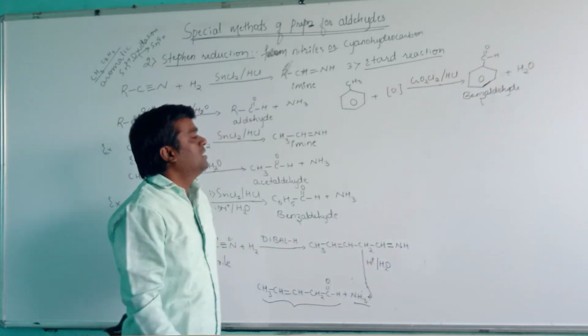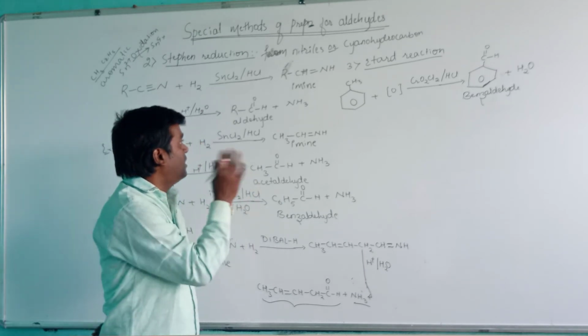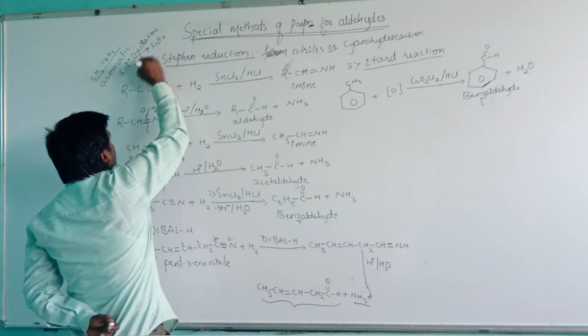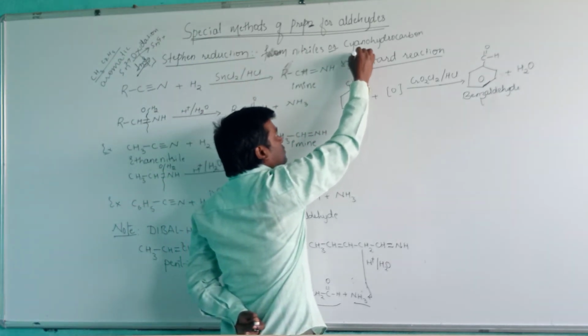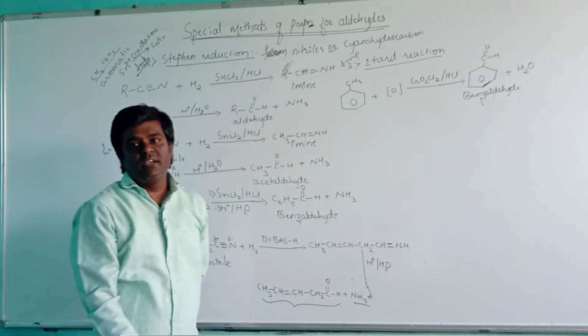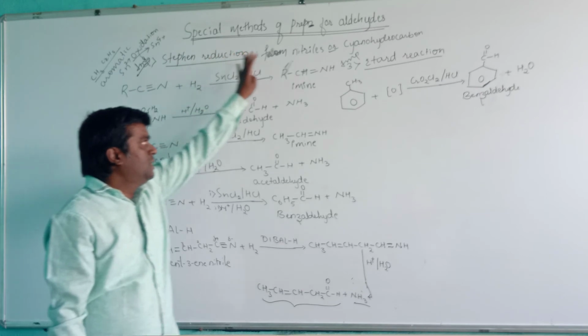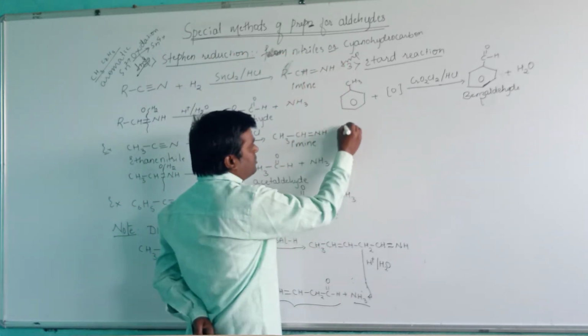This is about the Etard reaction, one of the special methods for the preparation of an aldehyde. These special methods are very important for examination purposes: the Rosenmund reduction reaction, the Stephen reduction reaction, the third one the Etard reaction, and the last one, the fourth one,